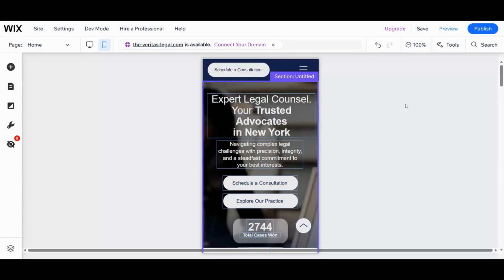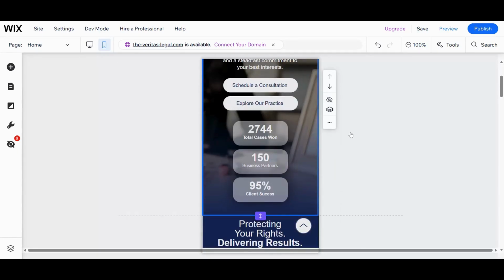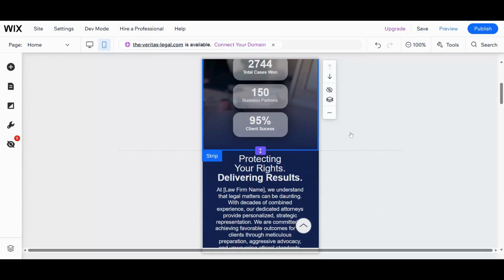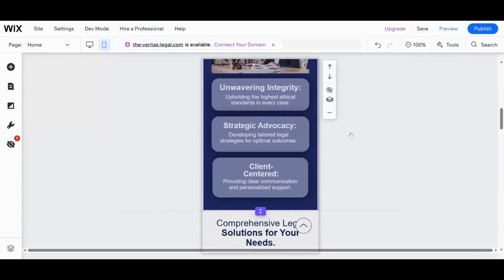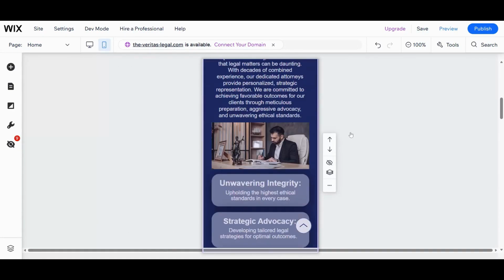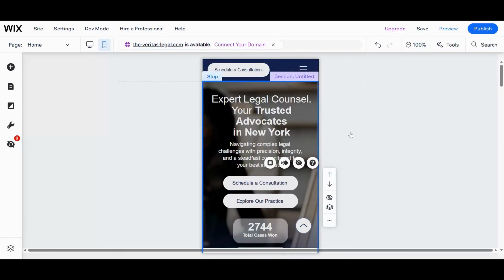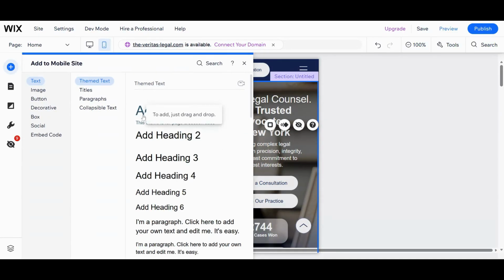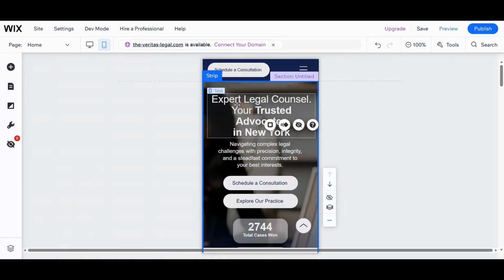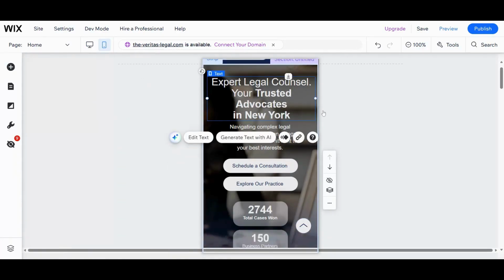So every time you add a text, every time you move or edit anything, come here and check things, and if you need to move things, do it to make it look good for the phone view. Also very important, you can add elements to your mobile view and it won't affect your main view. So you can add text, images on here and they won't appear on your main site.